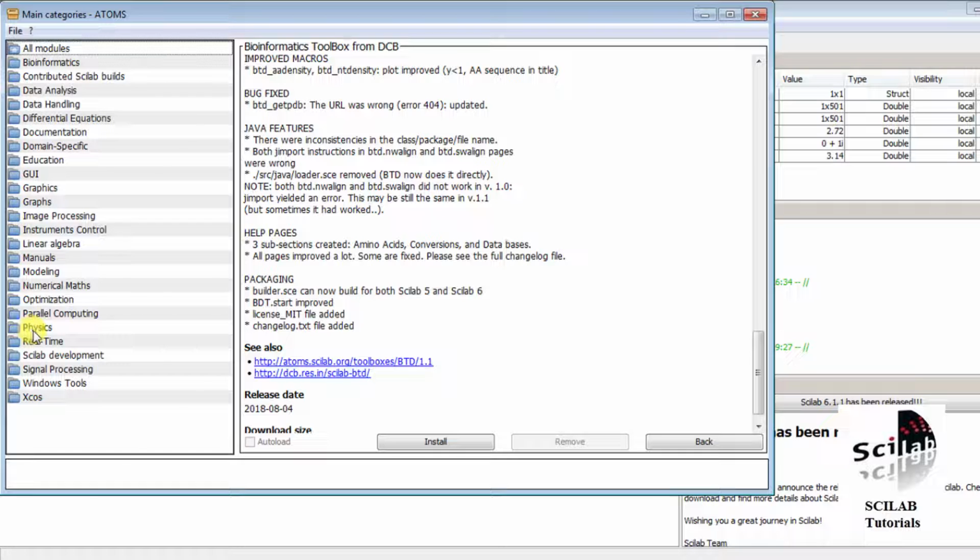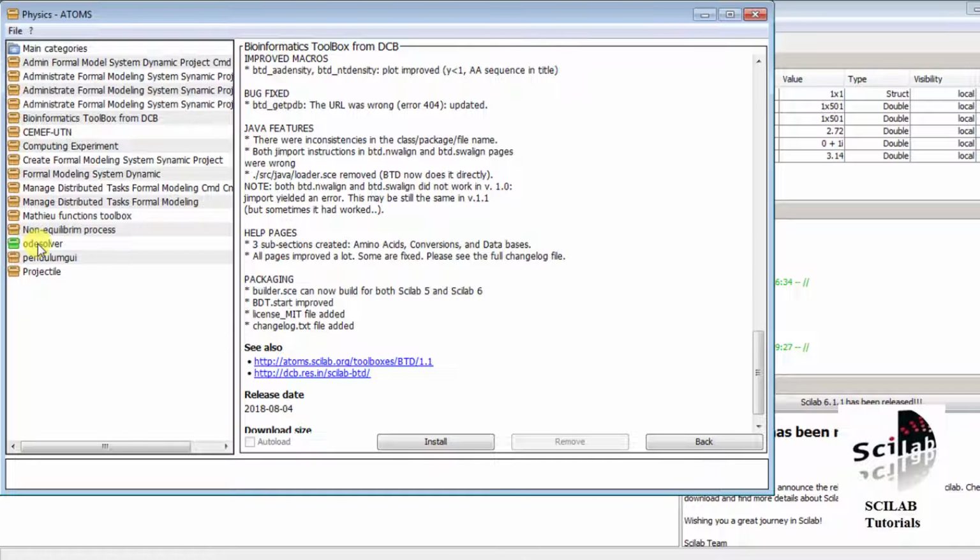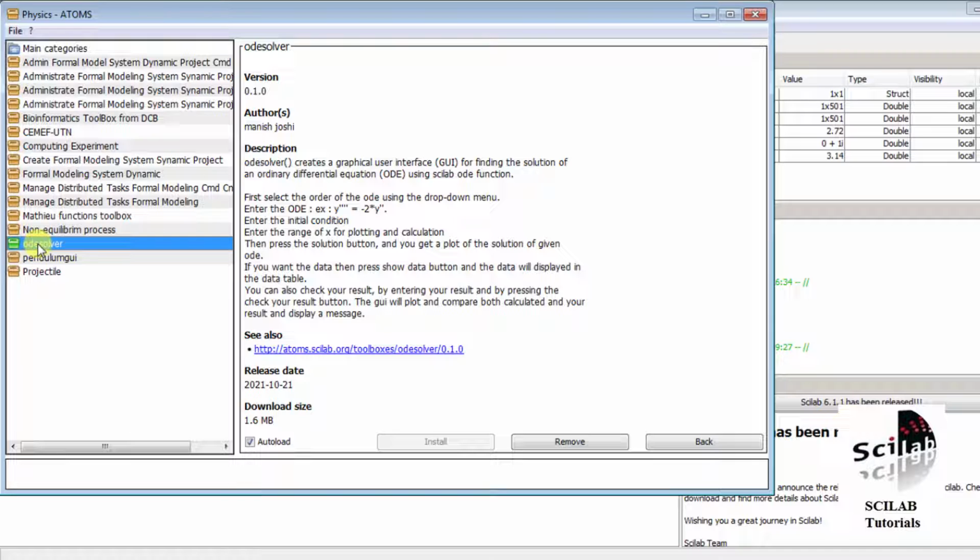Now let us choose one. Let us go to physics. Now let us choose the ODE solver. So when I click on ODE solver, we can see the version is 1.0, the author is Manish Joshi, and we can see what the functionality of this is. ODE solver creates a graphical user interface for finding the solution of an ordinary differential equation using the Scilab ode function. So basically this toolbox is using the Scilab inbuilt command ode to generate the solution of the ordinary differential equation